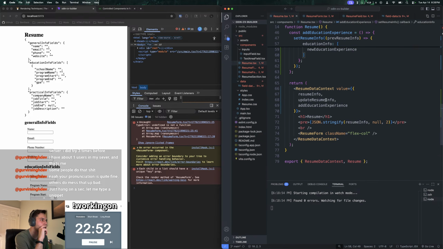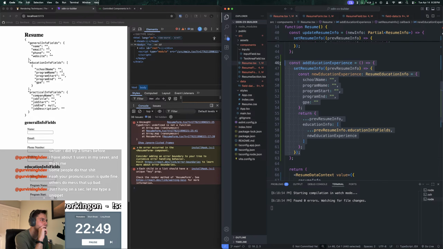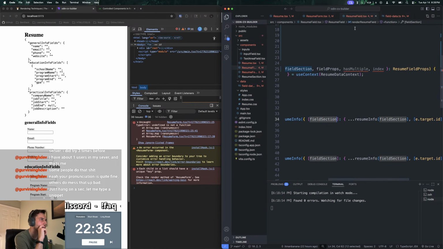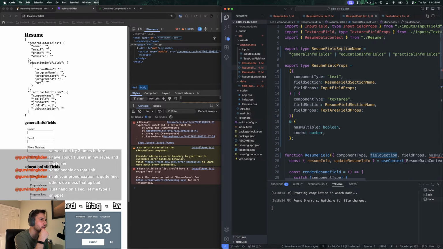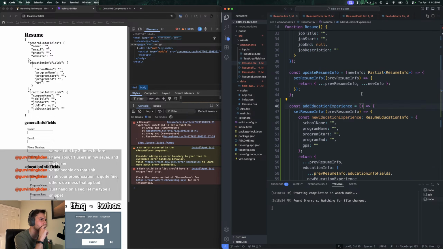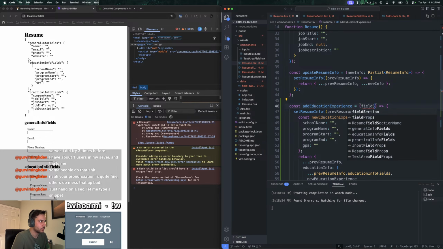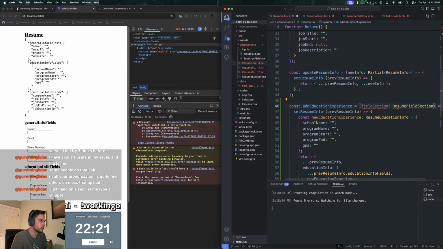And then we also probably need to generalize this function as well, instead of add. Like we could probably generalize this function. So we would say resume field section name. So we'd say like field section name. Resume field section. And then we do